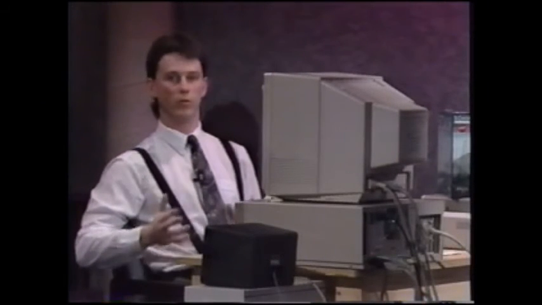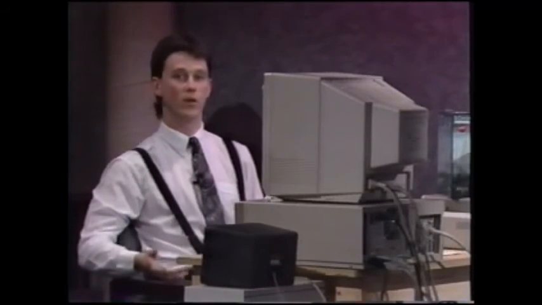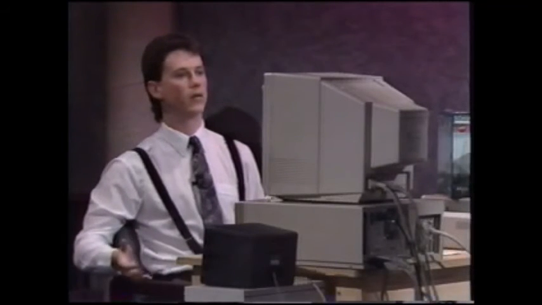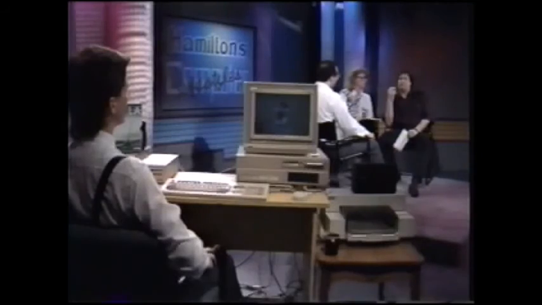It's all built into a card that just fits into your video slot of the Amiga. So not only do you have a total business system, you also have a full video editing system. What more could you ask for, Mark? That's excellent. So this then would replace the